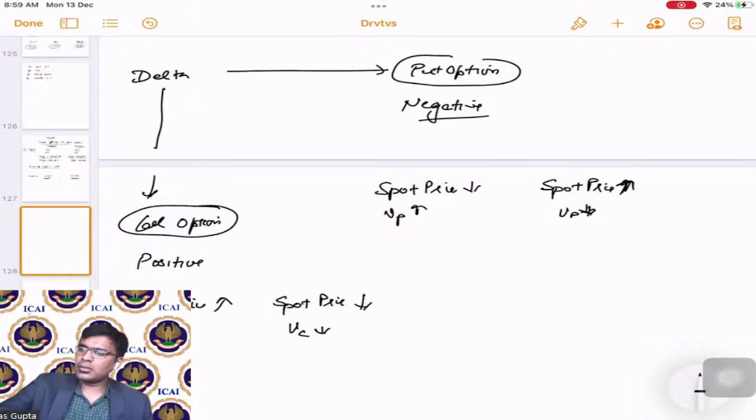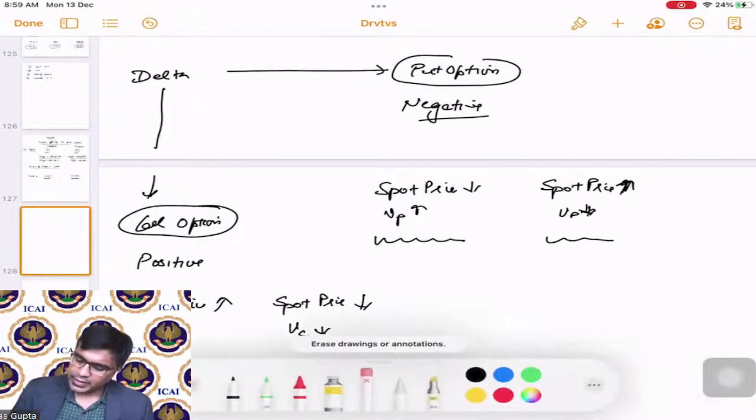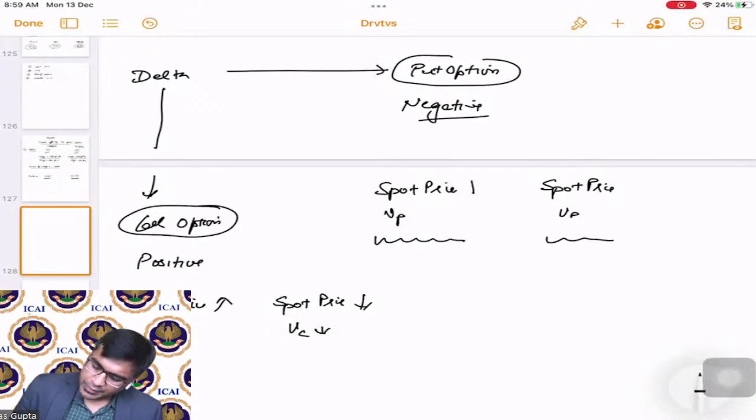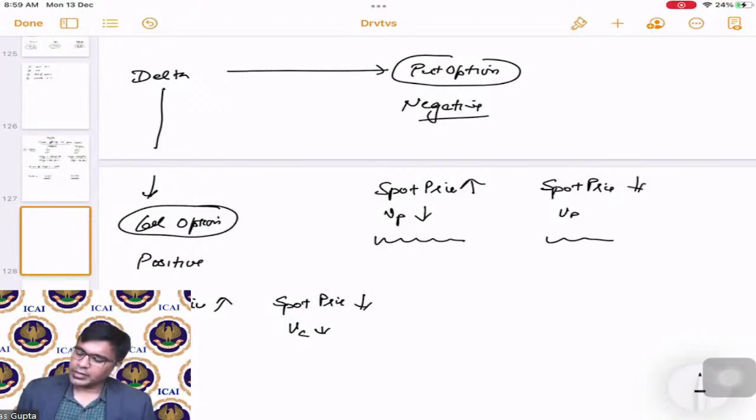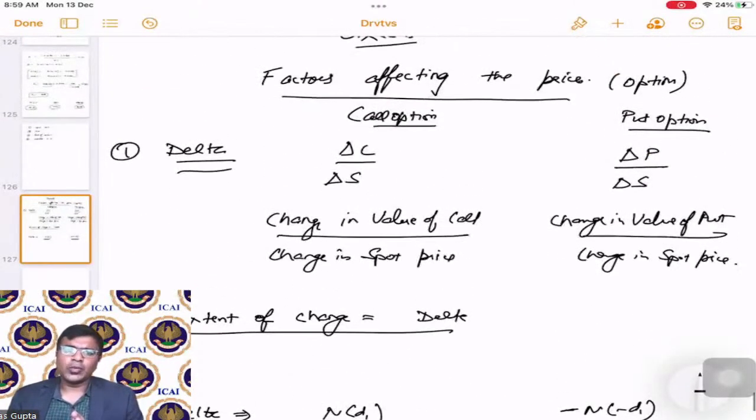The spot price decreases, the value of put will increase, correct? Now, since this relationship is established between delta and the value,